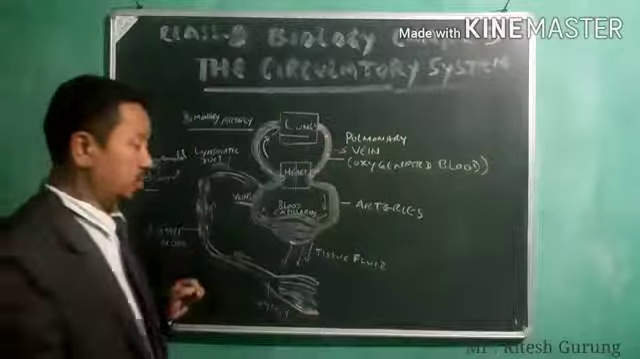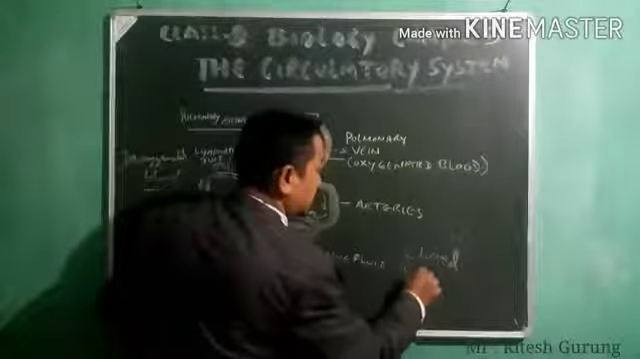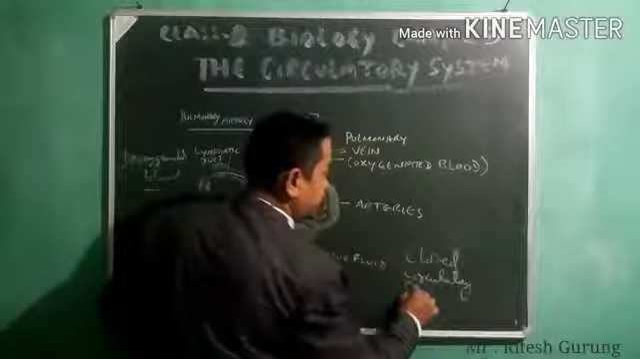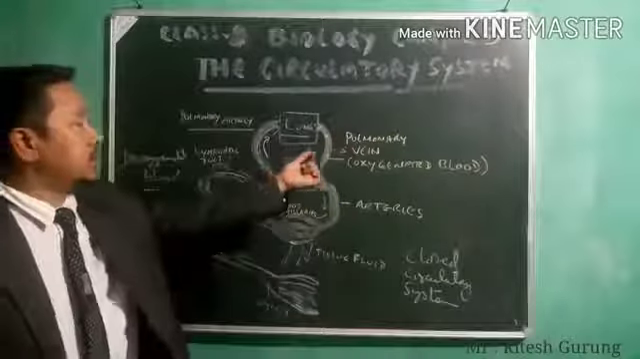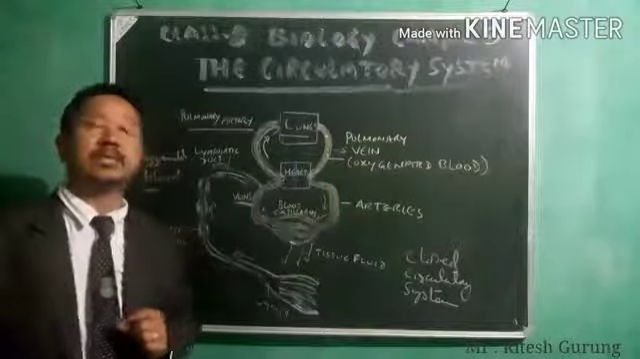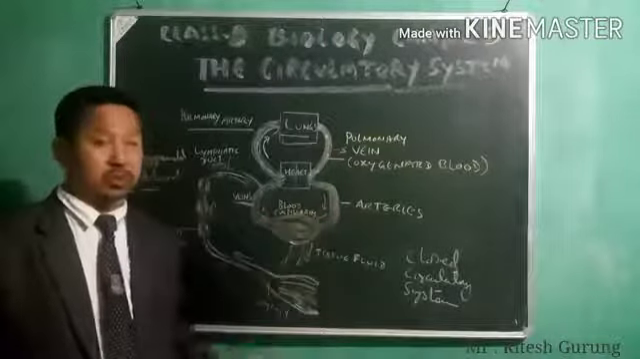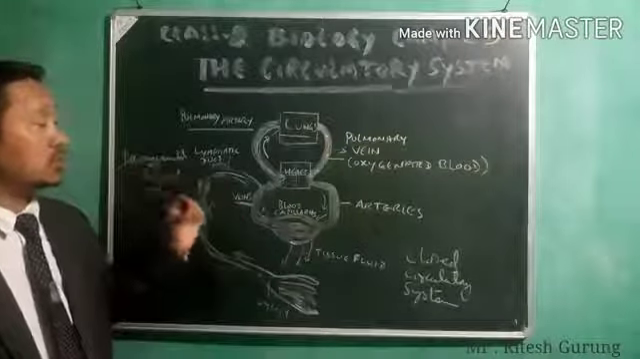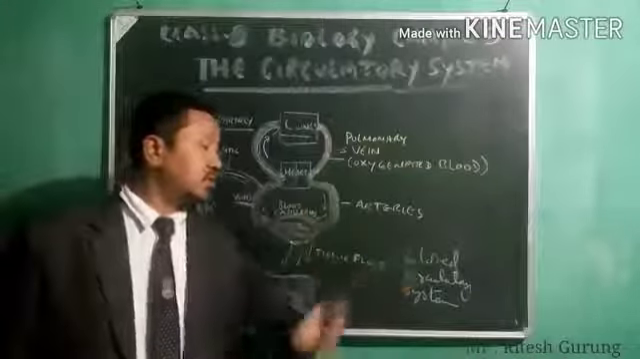closed circulatory system. Closed circulatory system. Since it is flowing through closed vessels, they are all pipe-like vessels through which the blood flows, through which the lymph flows. Since it all flows through such closed pipe-like structures, the system itself is called closed